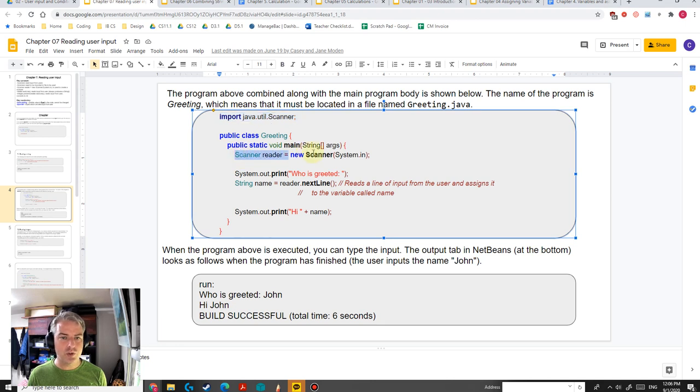In here, we're going to create a scanner. Its name is actually called reader. We need to use this all the time in order to get access to this tool. If we don't write this, the computer's not going to know what to do. And then down here is where we actually use the reader. So we're going to save a string called name, and we're going to set its value to be equal to whatever the user puts in. So this command will basically, when we run it in code,